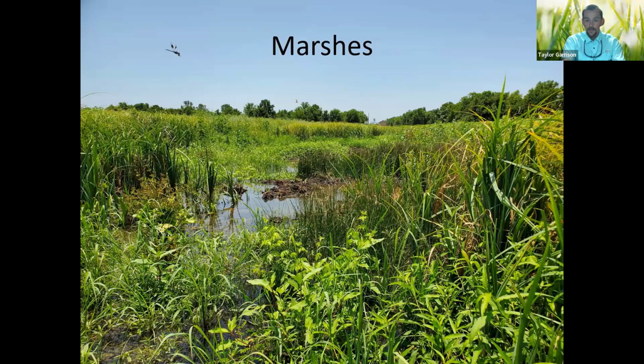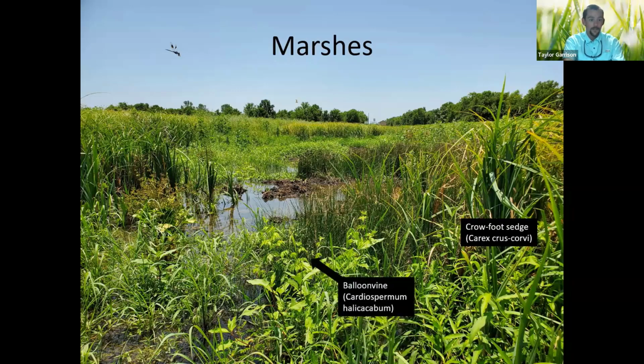In this case, this is kind of the lower end of that marsh system, but we do have several species to kind of note in this picture. So we have crowfoot sedge, which is sedges have edges, whereas rushes are rounded stems. Another grass-like species. So crowfoot sedge is one that can create a monoculture. It does prefer wet or semi-wet situations, but due to management, at times it can kind of dominate a bottomland or a wet area, especially on a wet year. But either way, it does have a good food source for some ducks and structure. We also have balloon vine, which is a non-native vine native to Africa.